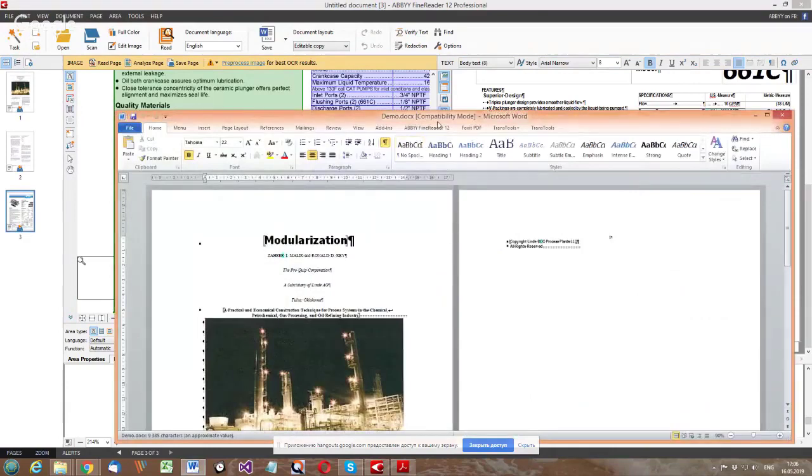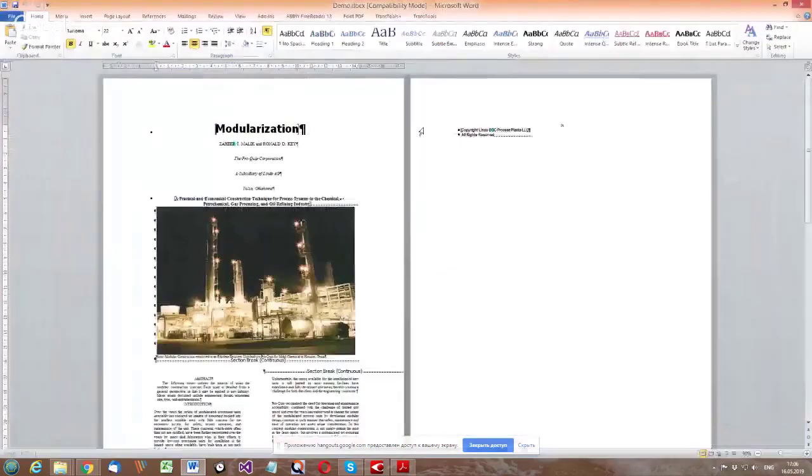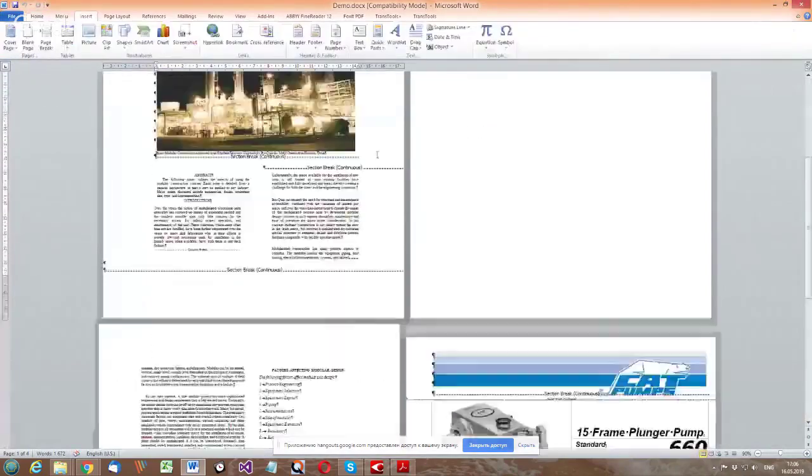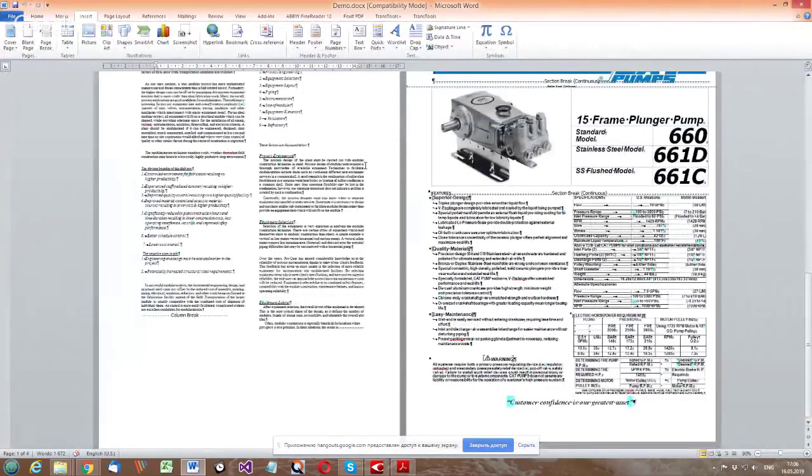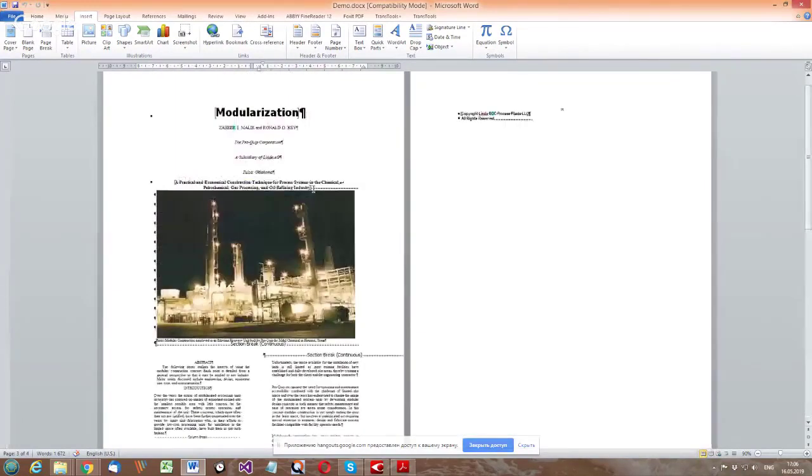Microsoft Word has been opened, and now I see what FineReader has produced. And actually, not bad. I could show you automatic recognition results instead, and you would notice the difference. So it's good that we use the manual approach instead of the automatic approach.